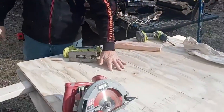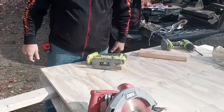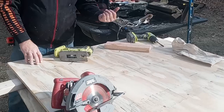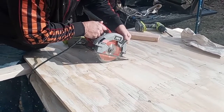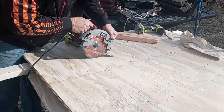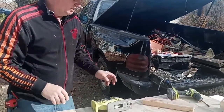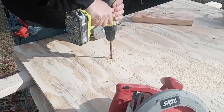Okay. All right, so now we've marked where the vent is, gave it a little bit of room. Most of the time, I can do all this standing up on sideways, but I've got the sawhorses, and we put some wood under here so the saw blade wouldn't hit either that or this. You got to give it some room. A lot of times, if you don't have a drill, you can just take your saw. But if you have a drill, like a paddle bit of some kind, you can drill your hole,